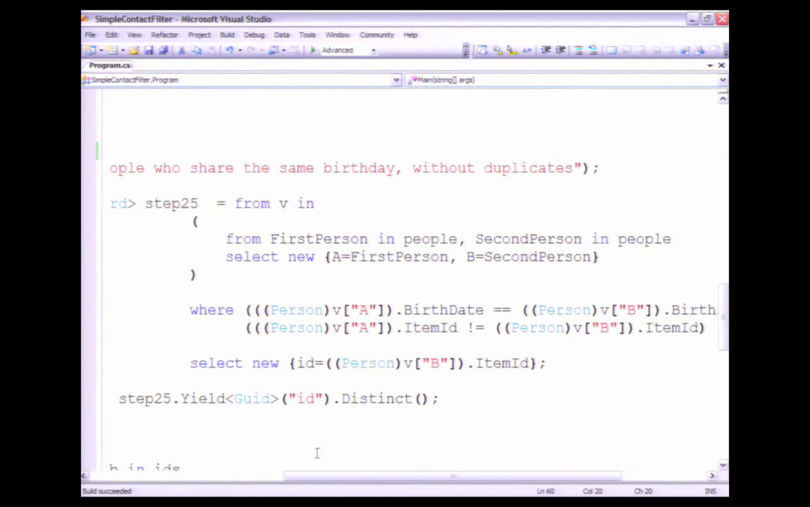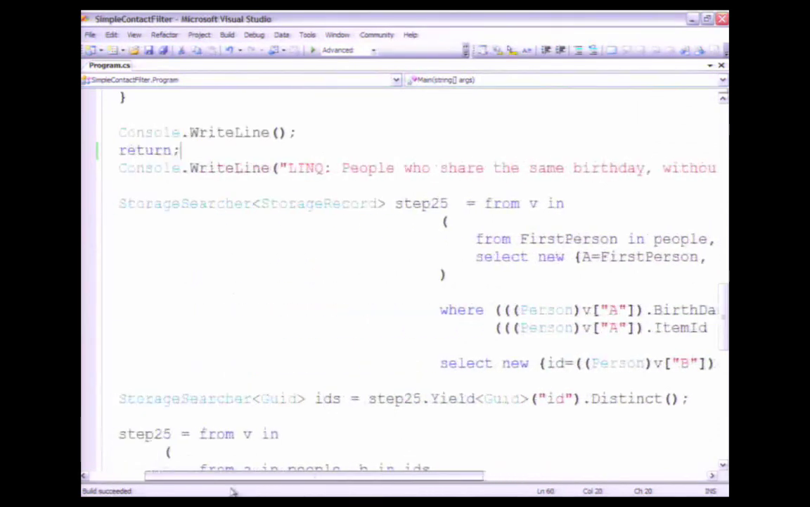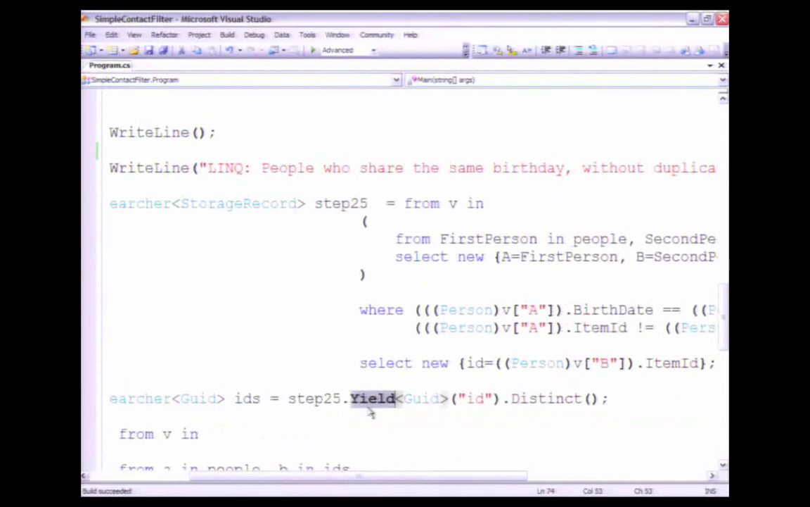Then we're going to select out the person objects together with their IDs. We're going to take advantage of the fact that we've used this library type, the storage searcher, and use this member function that we provide as part of the library, yield. This is a subtle point, but it makes a very specific point about the kind of extensibility that you can get out of this model. So instead of